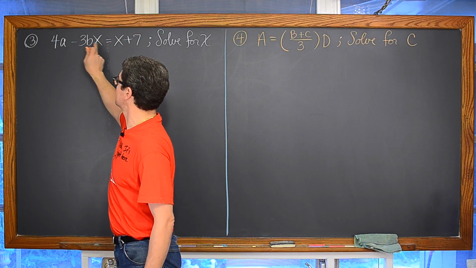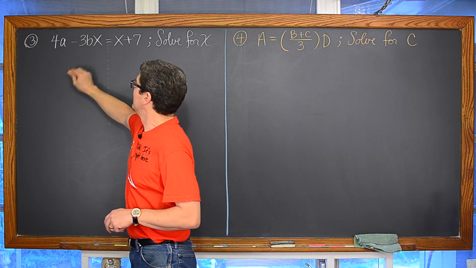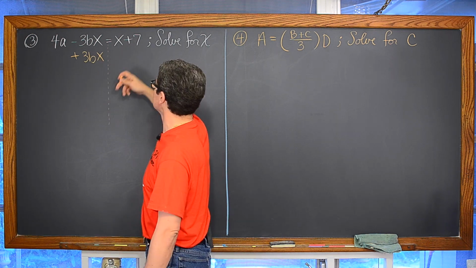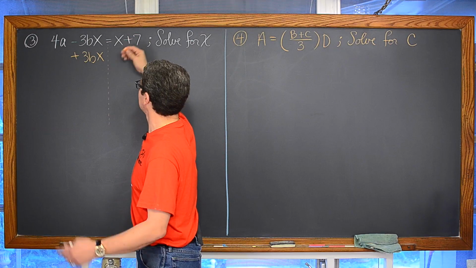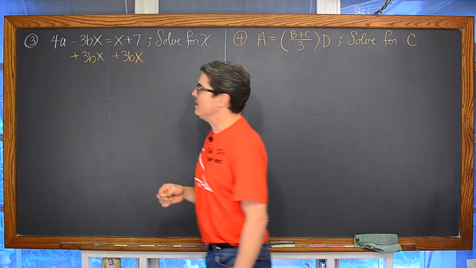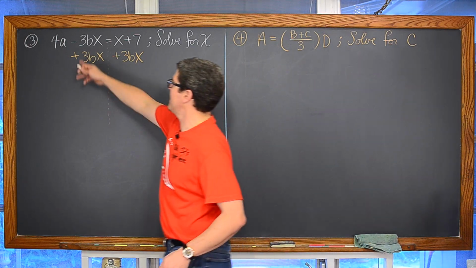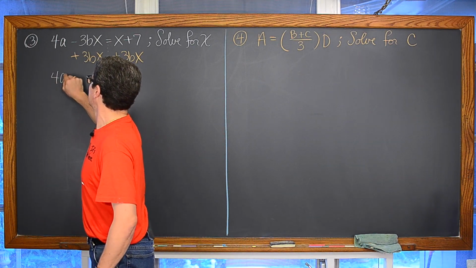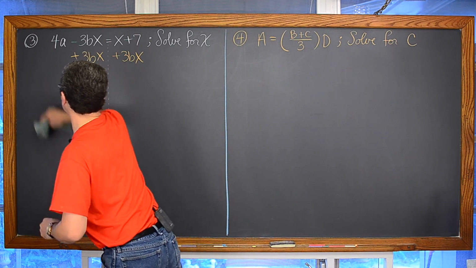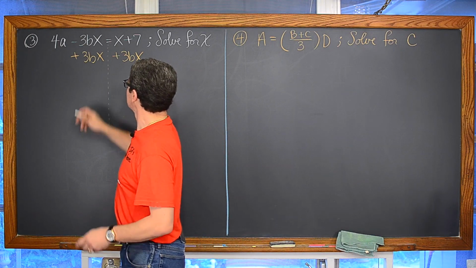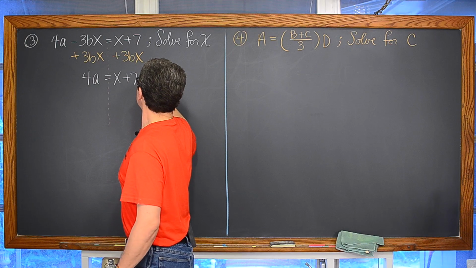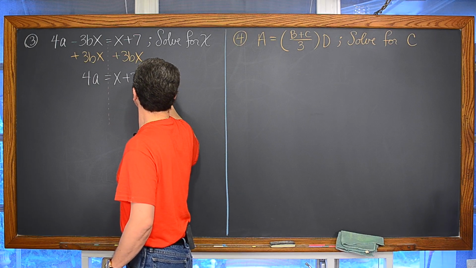So we're going to see that this term is sort of quote-unquote negative, and add that to both sides. I say quote-unquote because I don't really know what the variables b and x represent, and maybe the whole thing ends up being negative or positive, I don't know. But okay, so we're going to add 3bx to both sides, the inverse math operation of that negative, and we get 4a. And actually, many of you are probably going to be comfortable moving a couple of terms at the same time, but I'm just going to do one step at a time. We have 4a is equal to x plus 7 plus 3bx.